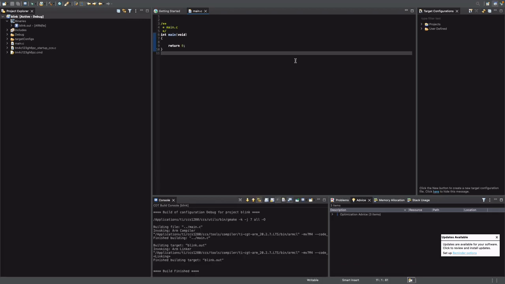Now we're going to add a little bit of code, and what we're going to do now is learn how to declare a variable in C. To declare a variable in C, the most basic way is we need to define the data type. In this case, it's the type integer,